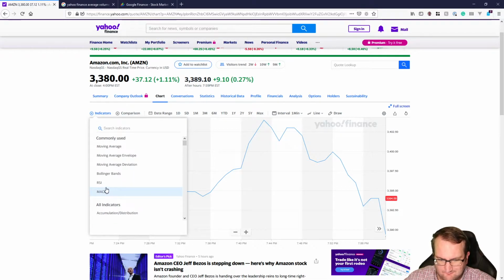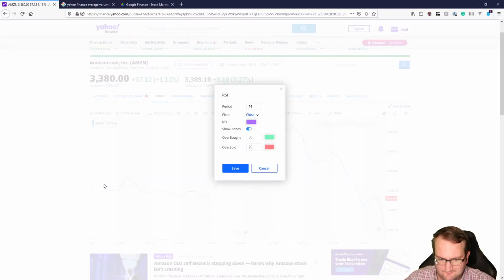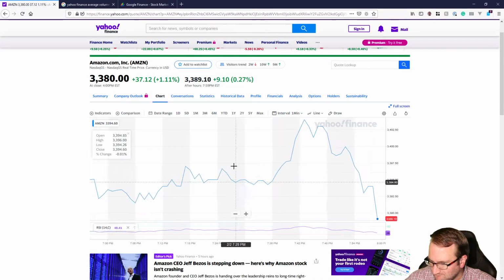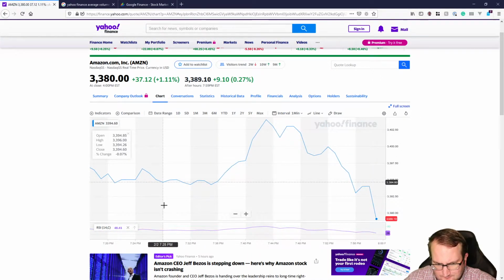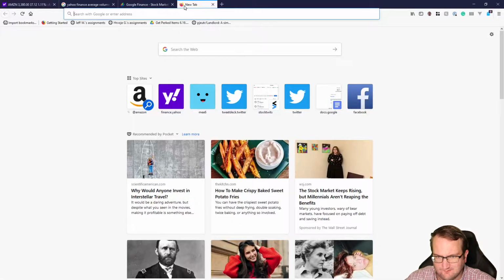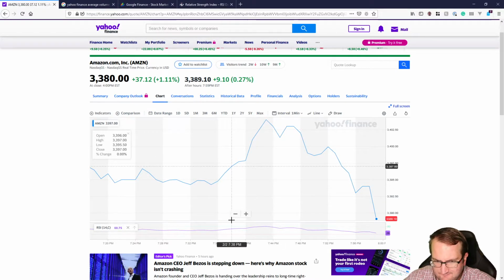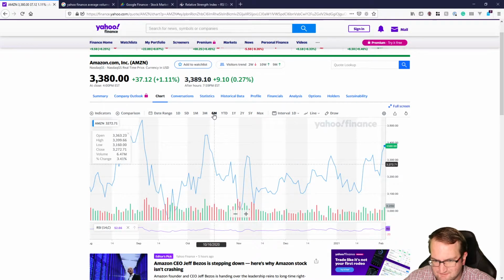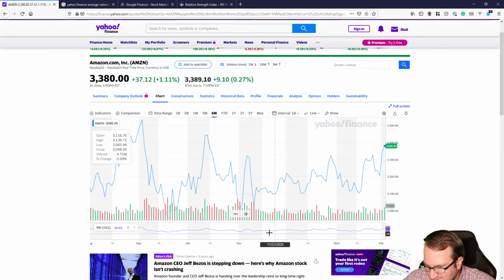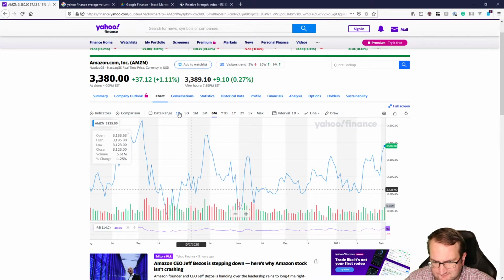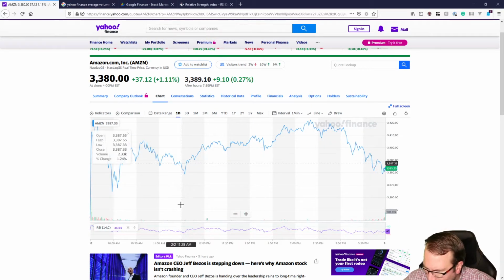So typically what I do when I come in here is I open up RSI, and we will click on save here. And basically this tells you RSI is what they refer to as relative strength. And you can see here, looking at a 6 month, it's generally hovering around in the 60. But if we go to an intraday trading here, you'll see some dips here, and you'll see it get very close